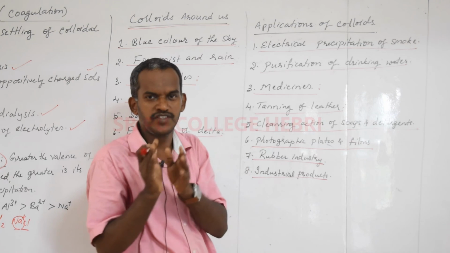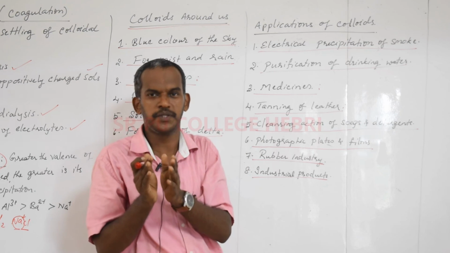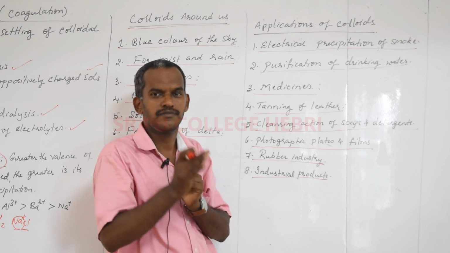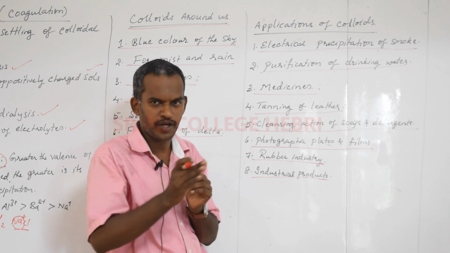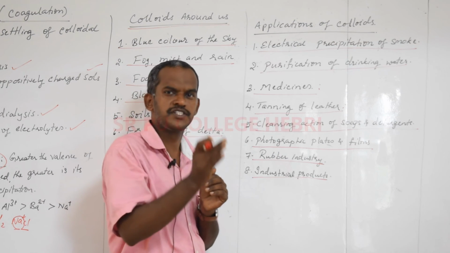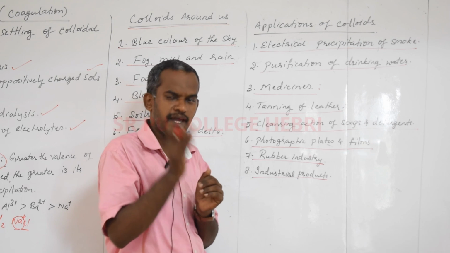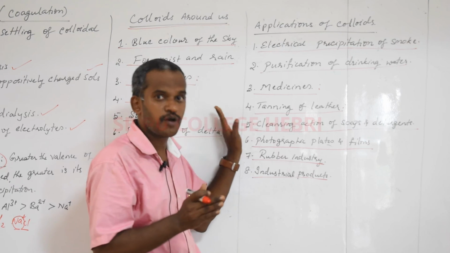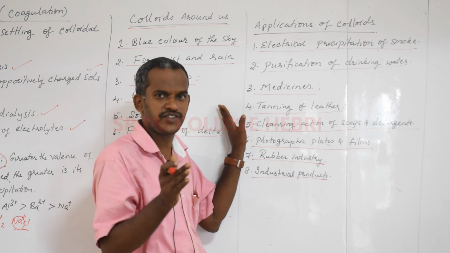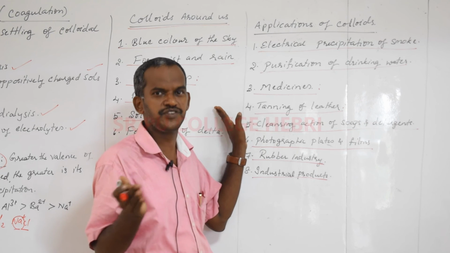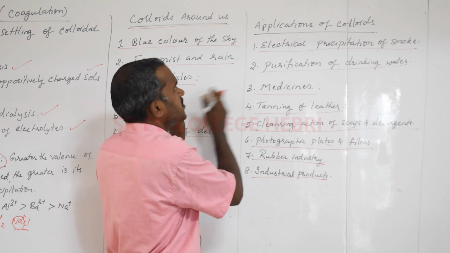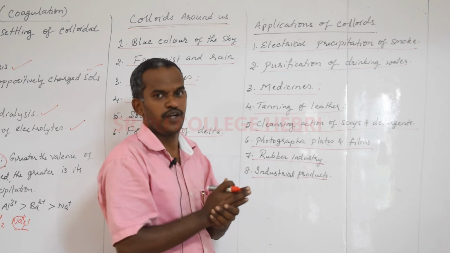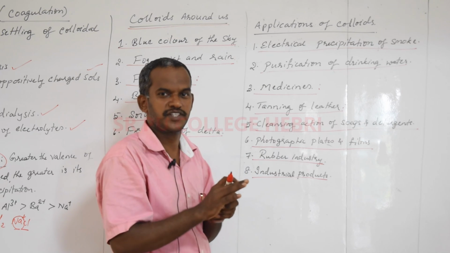We started with what is surface chemistry, adsorption, absorption. Then we studied the different types of adsorption, physical and chemical adsorption. We studied catalysis. Then we studied enzyme catalysis, mechanism of catalysis. We started with the colloids. In colloids we studied what colloids are, how they are classified, the different bases, preparation of colloids, properties of colloids, colloids around us, and applications of colloids. So that's all about surface chemistry.